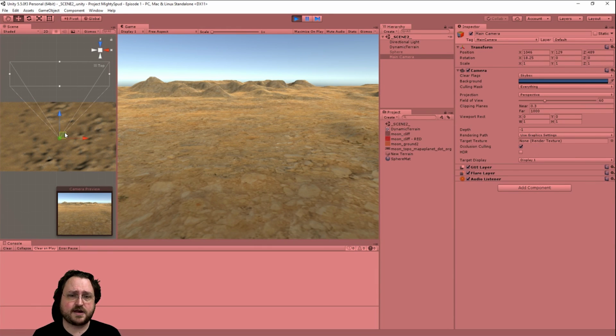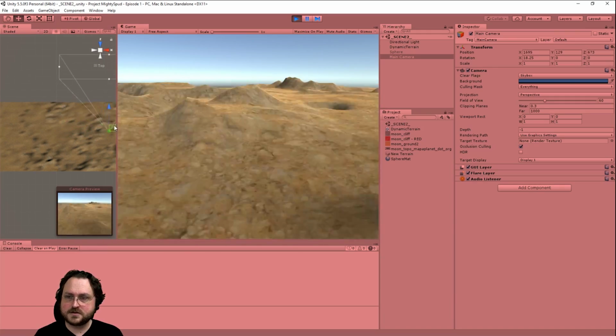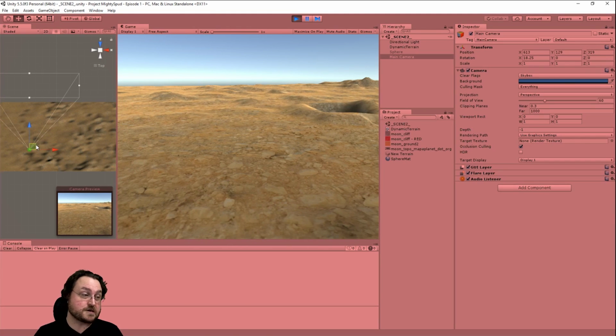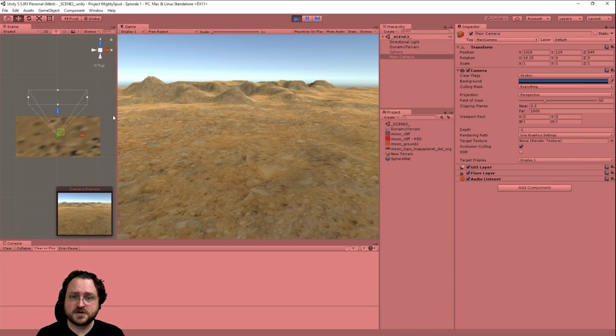Even in Kerbal Space Program, everything's about a tenth the normal size. But there we go. So now we have this. We're looking at a tiny part of the world right at the equator, which also means we don't have to worry about weird stretching or anything like that, because at the equator it's mostly going to be a nice kind of square projection. But now we have that.